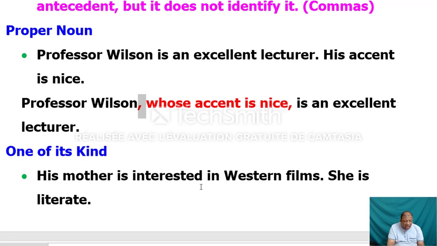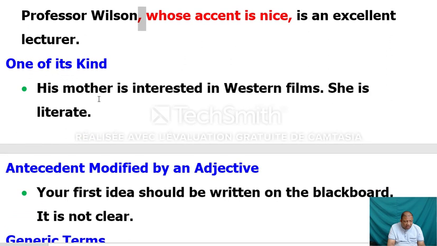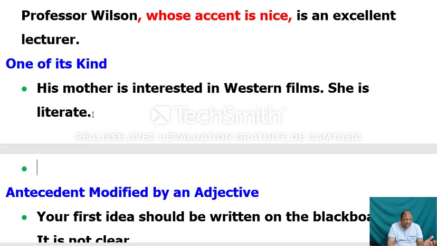One of its kind. So in order to understand this, if I ask someone, how many mothers do you have? He's going to tell me one mother. You are not going to have two. One mother. Biologically speaking, one mother. So this one, his mother is interested in Western films, she. So the word that is repeated is his mother and she. In this case, it becomes